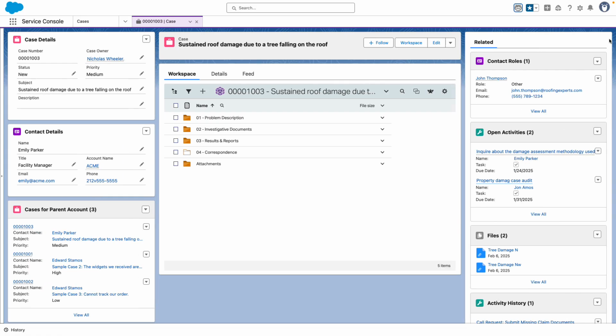Okay, so far we have seen how fast this can move, starting with Content Aviator and Agentforce to get a crisp summary and surface the key documents. We zeroed in on the expert opinions, pulled their contact info, instantly created a new contact record for John, tied it to the case, and had Agentforce draft an email to dig deeper into his methodology. And the best part? All of it without leaving the case.